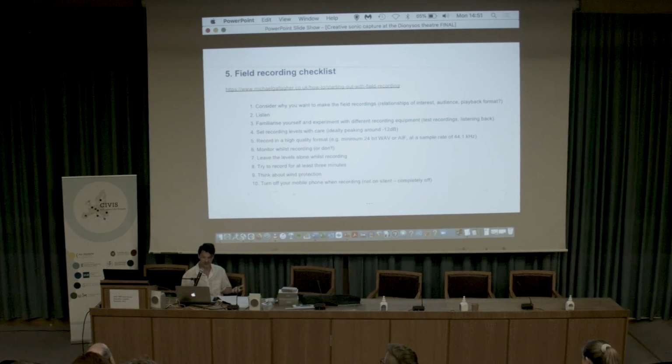Four, these are obvious things, but worth putting all in one place. Set recording levels with care. If our recordings peak above 0, they become pretty much useless from a compositional standpoint because they will introduce digital clipping. So set recording levels ideally peaking around -12, -10 dB, and that will show you how to do that,